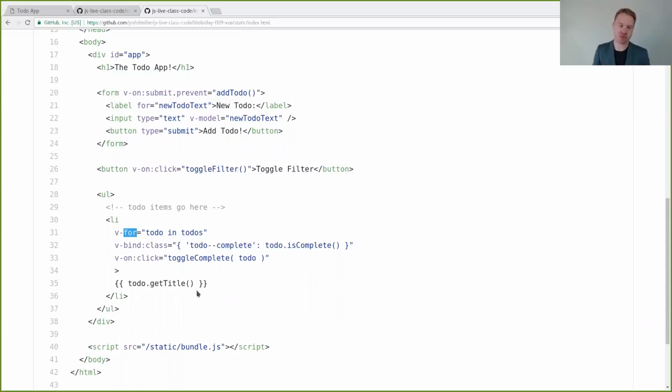There are 2 key differences, though. One is that this is just a view library. Angular is a full framework. This is just a view library. That's one difference. But that's not the most important difference in looking at this. The most important difference is that this operates much more like React than Angular 1 does.